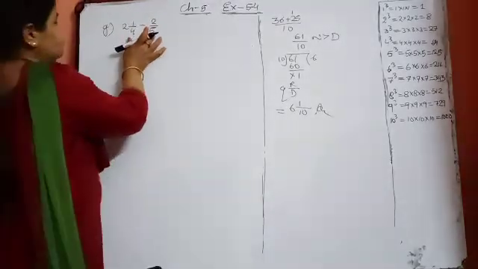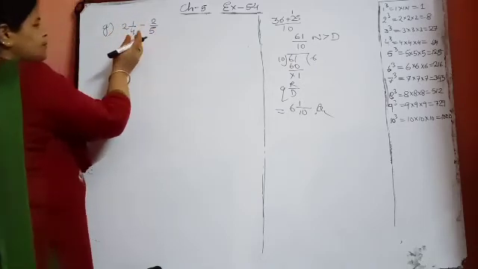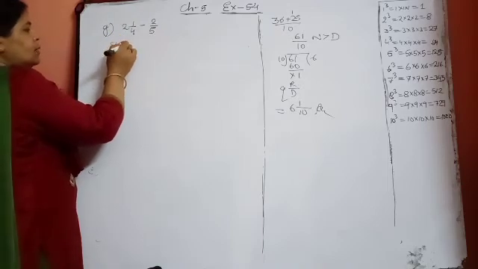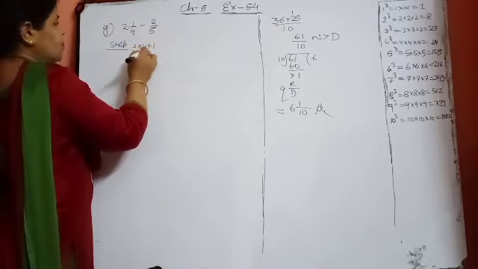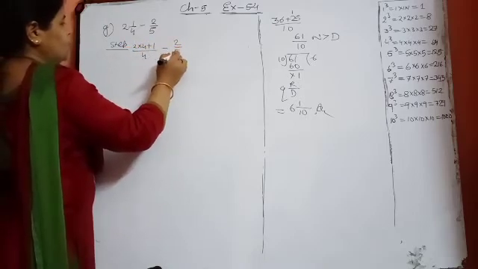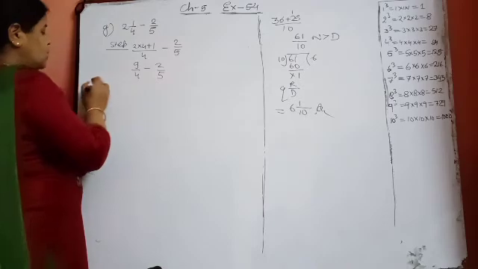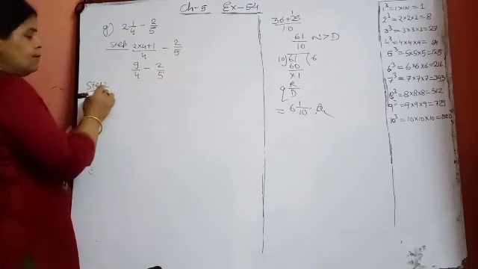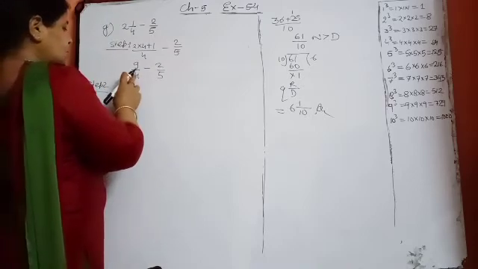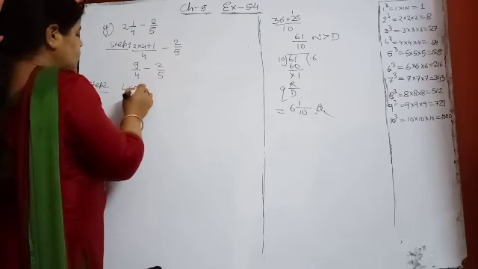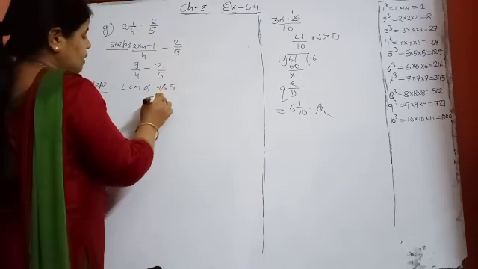If the question is in this form, beta, there will be no problem. You now know how to convert this into a mixed fraction. So simply, step 1 will be to convert the given mixed fraction into an improper fraction. 2 into 4 plus 1 upon 4 minus 2 upon 5. Okay, 2 times 4 is 8 plus 1 is 9. 9 upon 4 minus 2 upon 5. Afterward, step 2, because first we converted the mixed fraction into an improper fraction, what will you take? The LCM of 4 and 5.